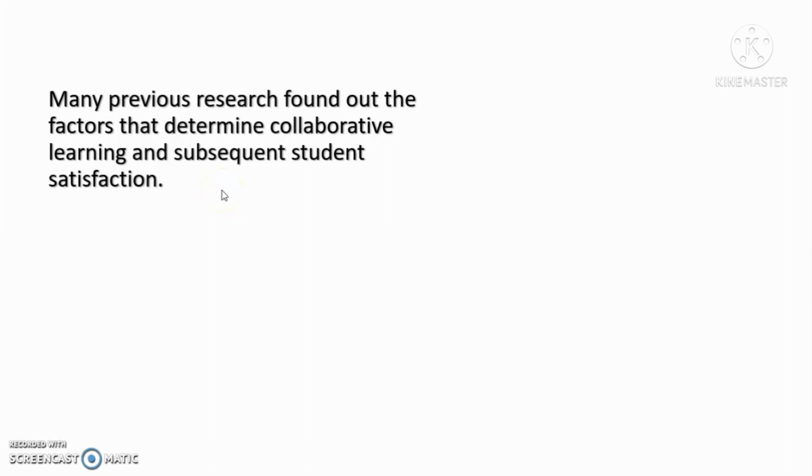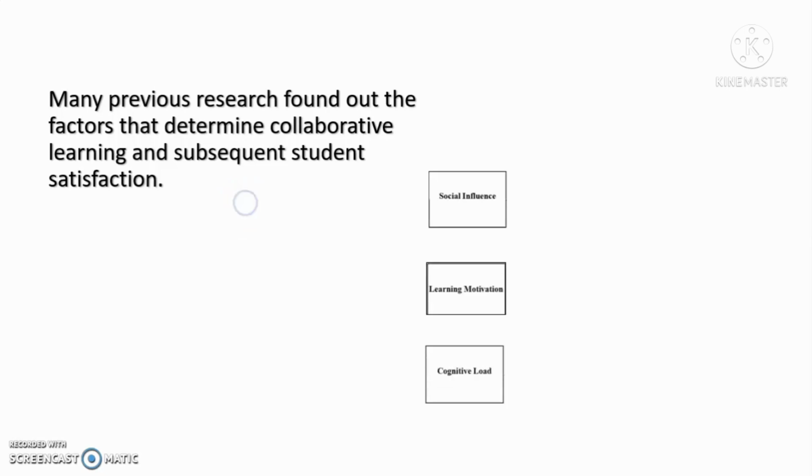Many previous research found out the factors that determine collaborative learning and subsequent student satisfaction. Some of the factors are social influence, learning motivation, and cognitive load. Now, in this research, the researchers